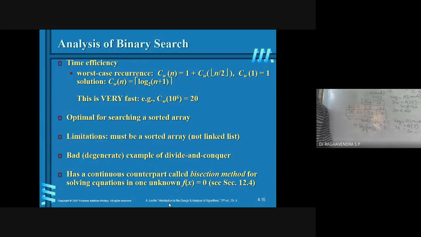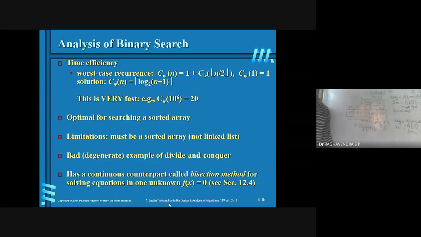On the other hand, what is the worst case? Worst case means either the element is present in the extreme left or in the extreme right, because the process of subdivision of the array has to continue until a single element is present in the subarray. So that is why the search will be worst in case the key element is present either in the first position or in the last position. So that is about the worst case.